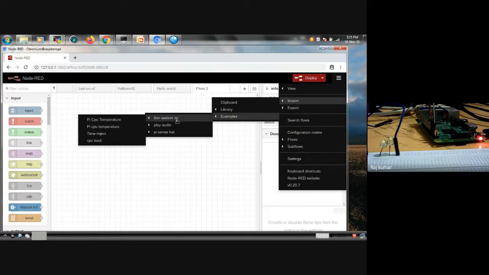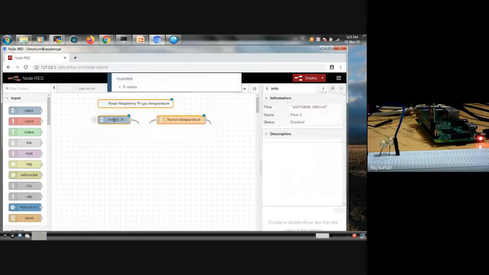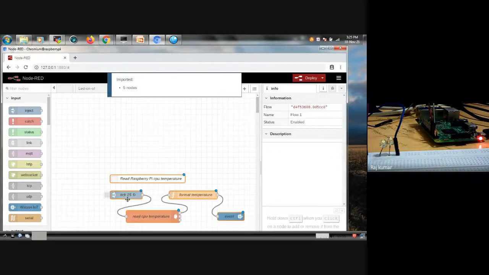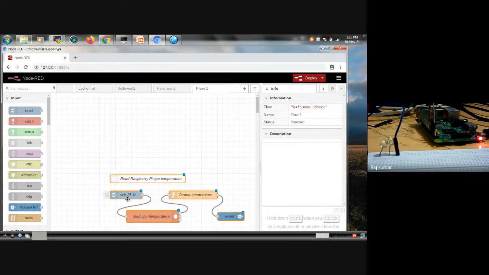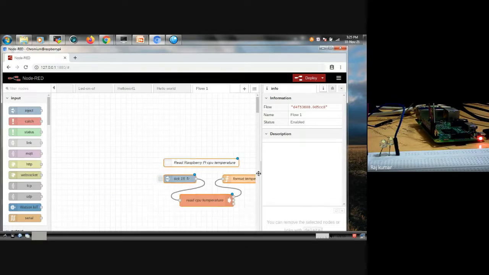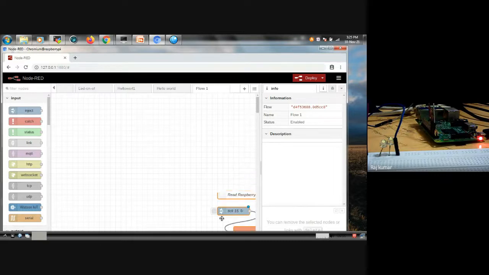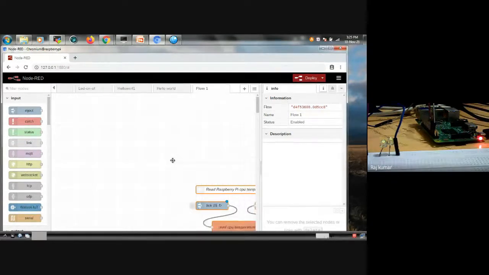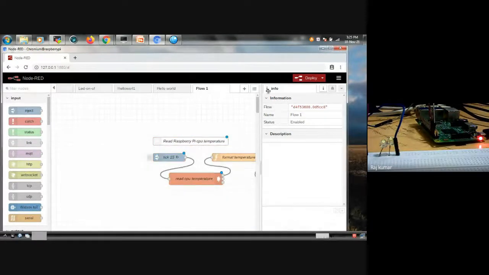Simply if I click on that, you can get the flow loaded onto the work area like this, without any programming. Automatically, you can bring a set of nodes which are already connected, ready to work with. I tried with this example, but it is not working because some things are missing, and it is not stable. Also, automatically it is moving here and there. And we have to deploy it, of course.